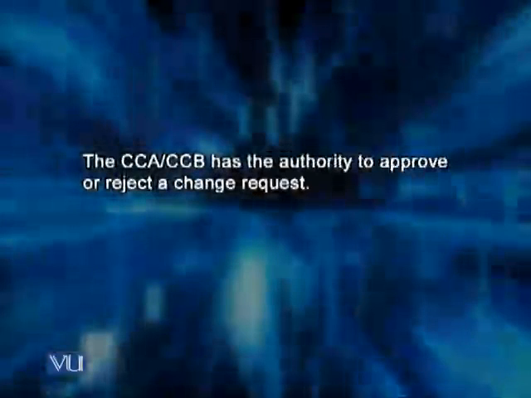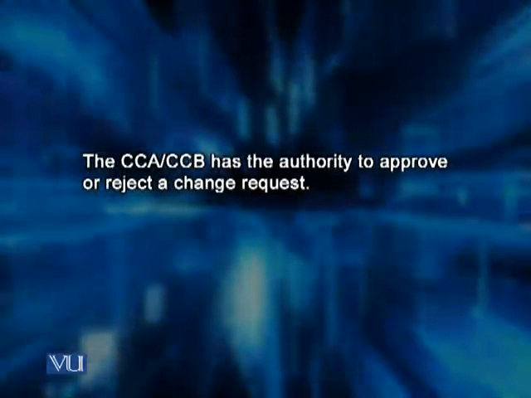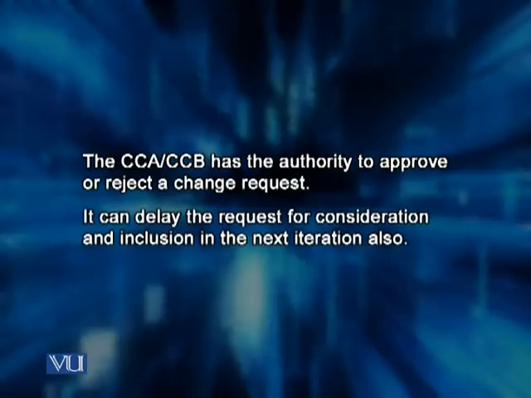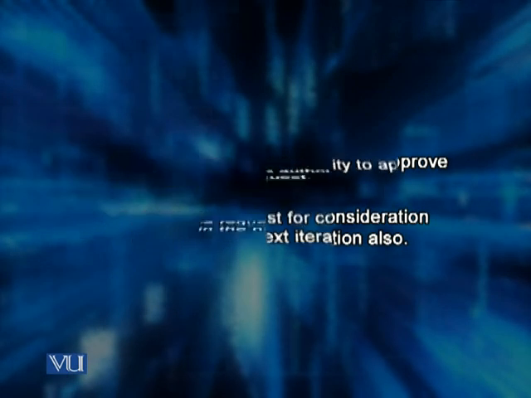And so they need to thoroughly and formally address these concerns, raise these questions, and then make a judgment based on the answers that they have received. Typically, Change Control Board has the authority to approve or reject a change request. However, the Change Control Board can request for consideration and inclusion in the next iteration also, because the change may